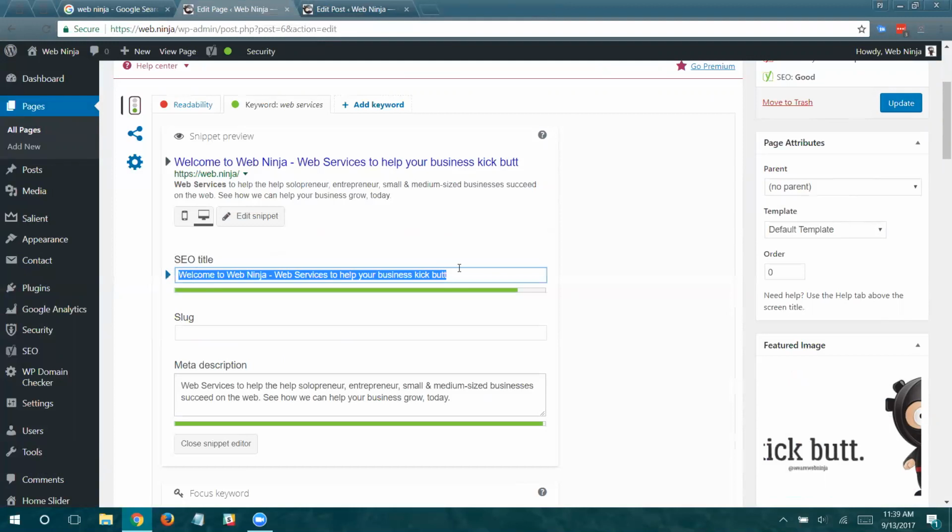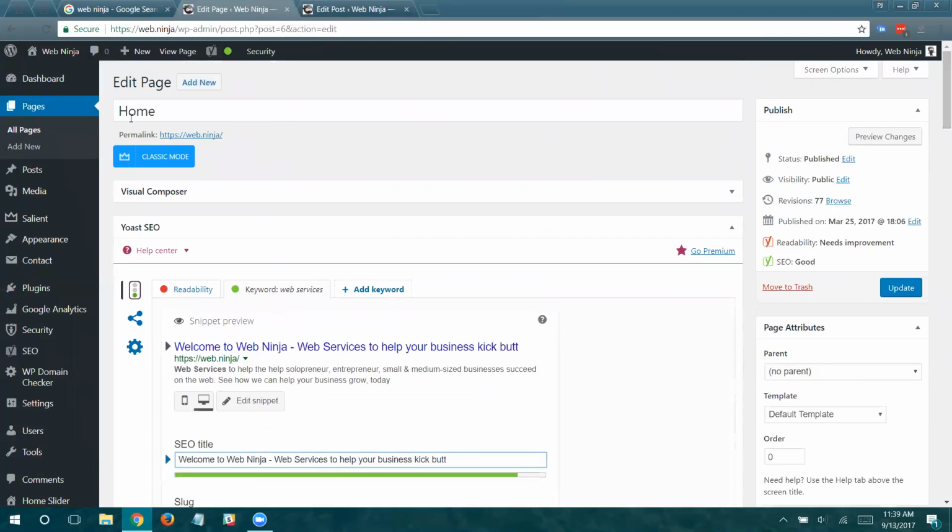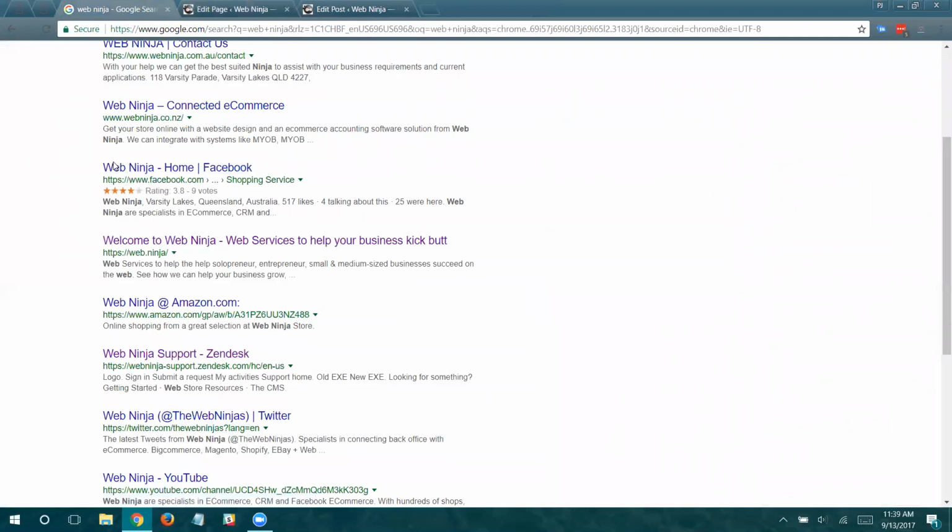One thing I love about this plugin is that it very specifically allows you to choose something here that shows up for the search engines that is different from what you actually have here in the title of the page. So the title of the page is home. I do not want home to be showing up here. It doesn't look professional. It's descriptive of the keyword that I've chosen, the key phrase. And so the search engine, if I had home showing up here, it would probably take more and more months for my website to show up in any decent kind of ranking in search results if people are searching for Web Ninja.